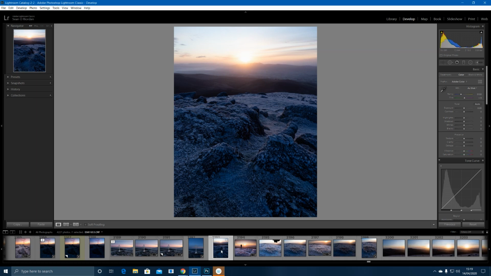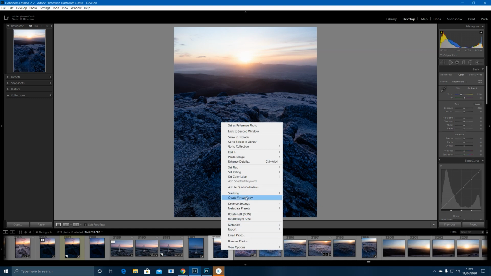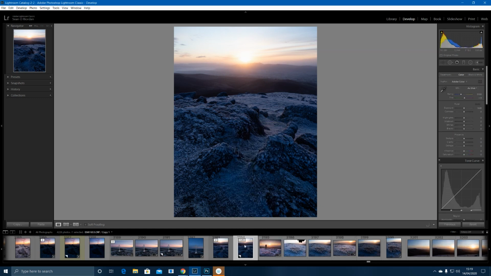Now the first thing I'm going to do is right click on the shot, go to create virtual copy. Okay, now we have two copies of the image we're going to work from. Choose whichever one you want to choose for your shadows, midtones, and highlights. So this one we're going to use as our shadows and midtones. Okay, so it's slightly underexposed, so I'm going to bring up the exposure just